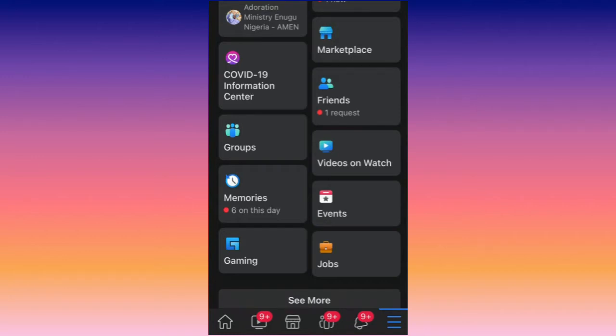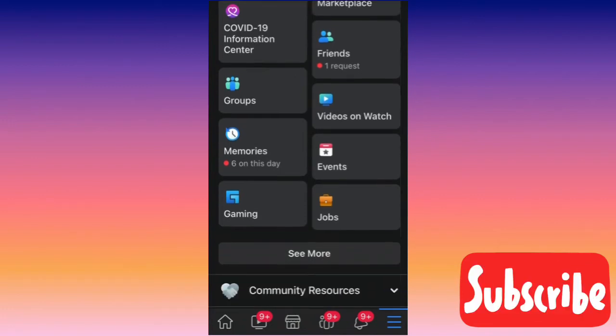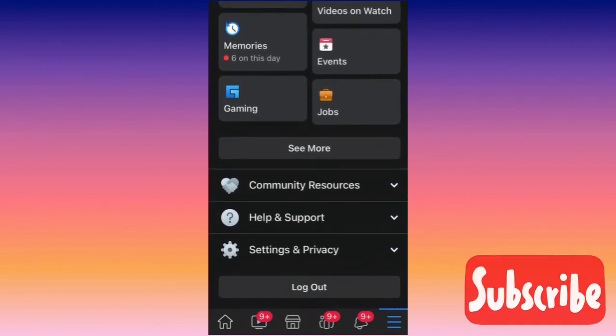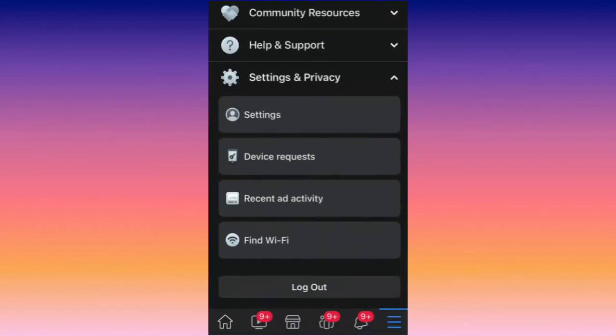So for you to hide your friends on Facebook using your Facebook mobile app, all you need to do is to first log into your Facebook. Using your Facebook mobile app, you click on the gear button down right on your Facebook, then you scroll down, you move to settings and privacy, you click on the drop down, then you click on settings,